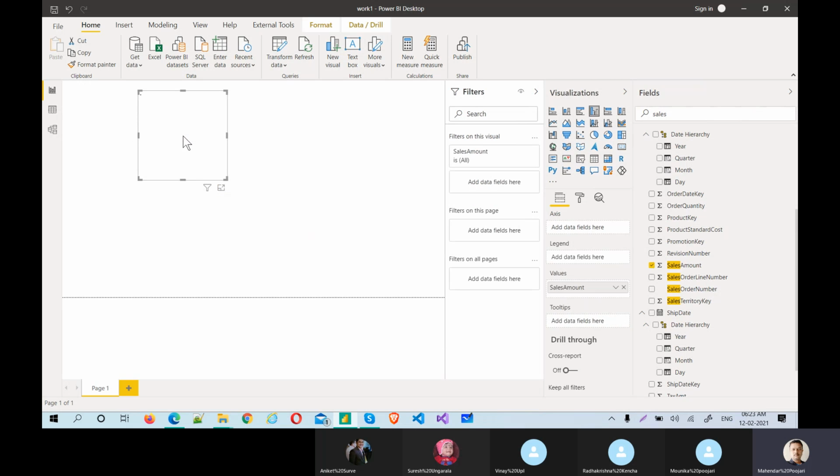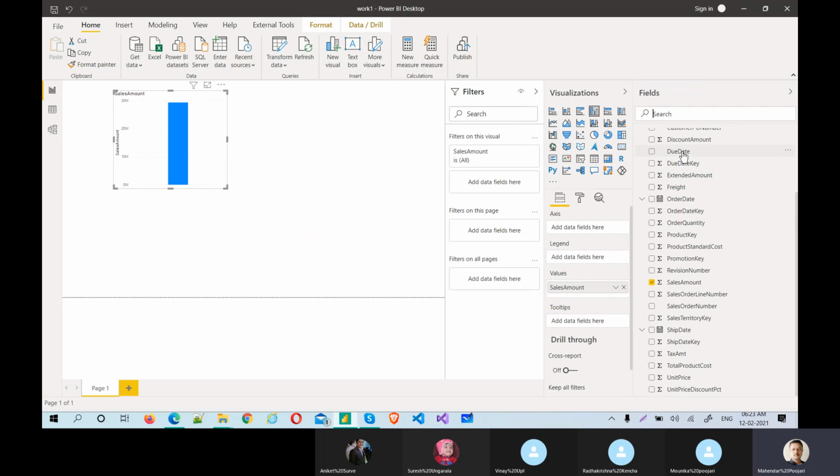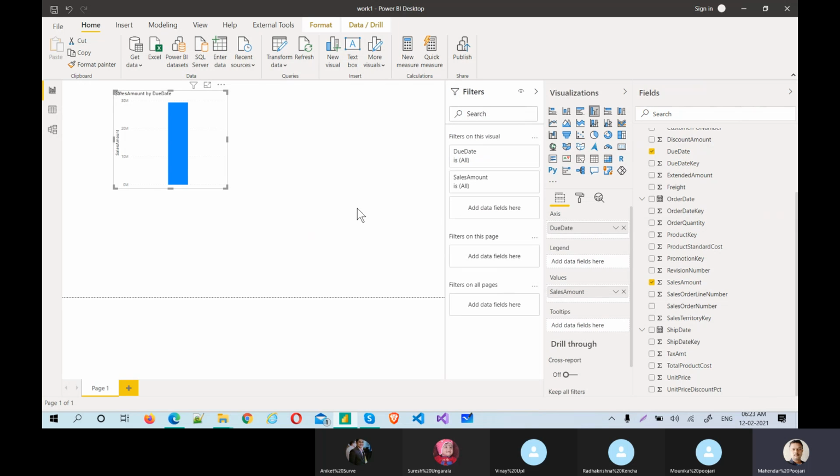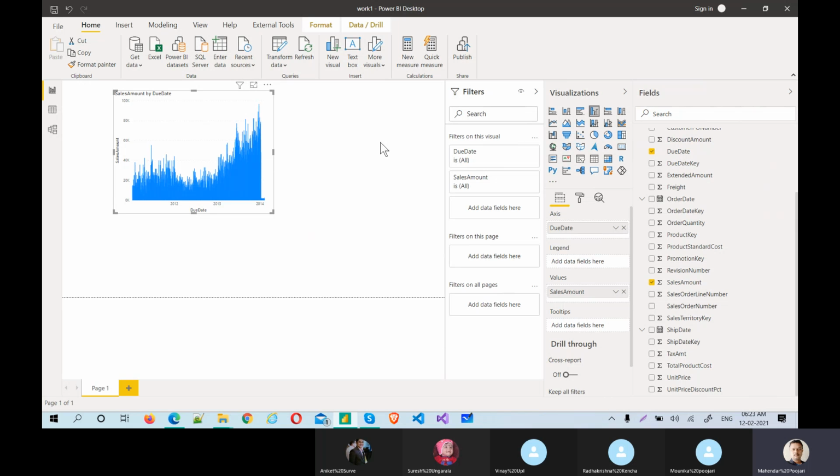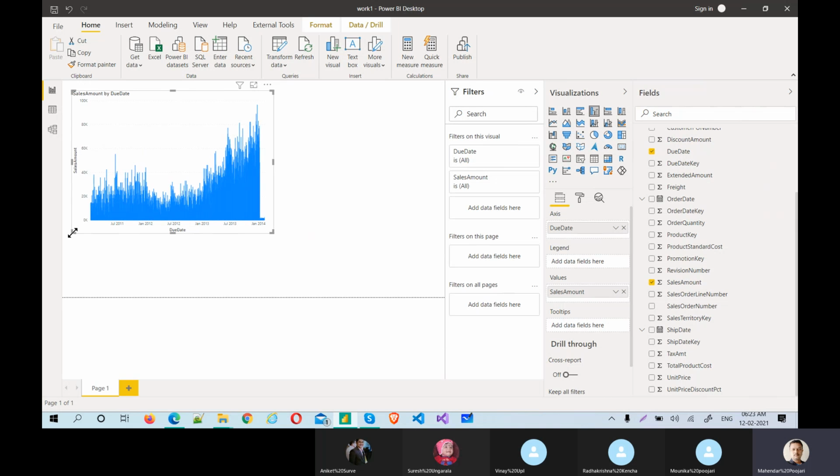Sales amount by due date. Let's take a due date column in the axis. Okay, so this is the one.